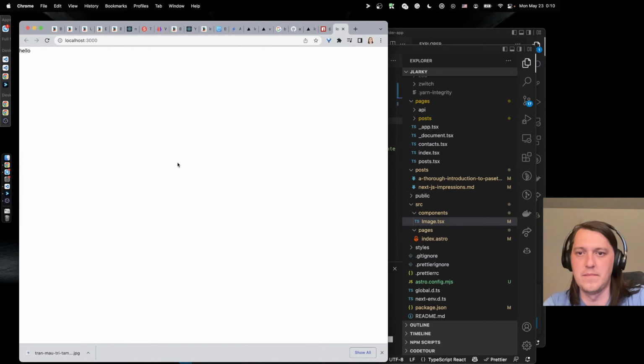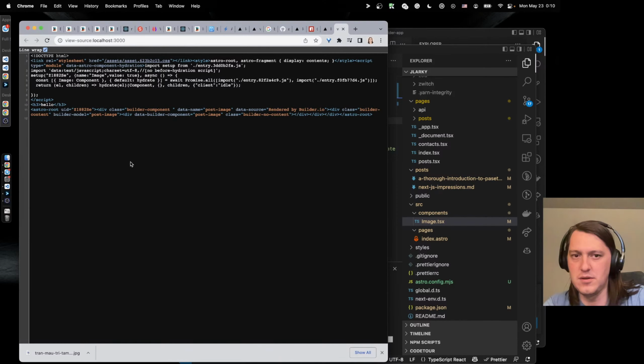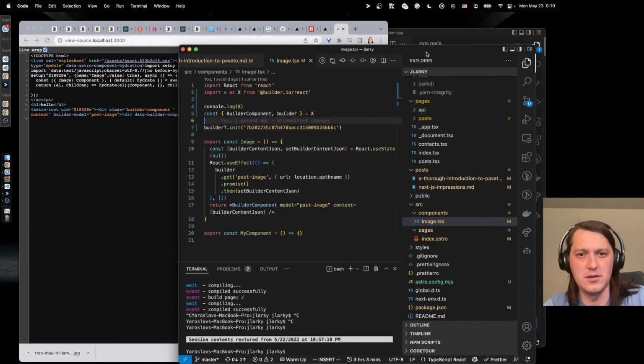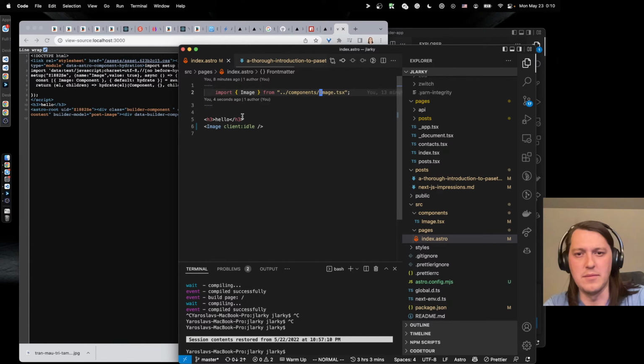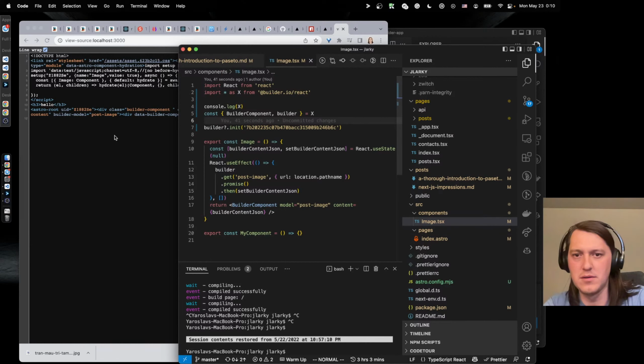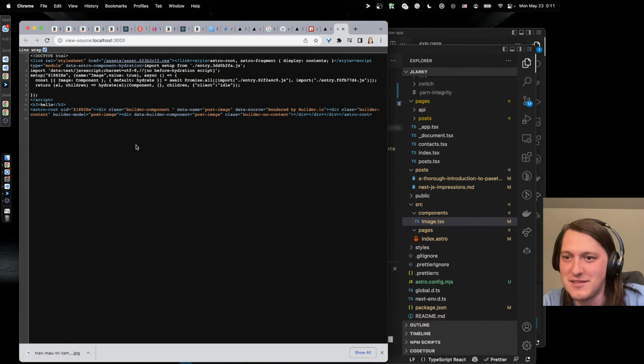Okay, and now if you look at page source, there is no JSON that got generated. Oh yeah, because we removed it from here, but I mean, if builder init doesn't work, it will not really help us.